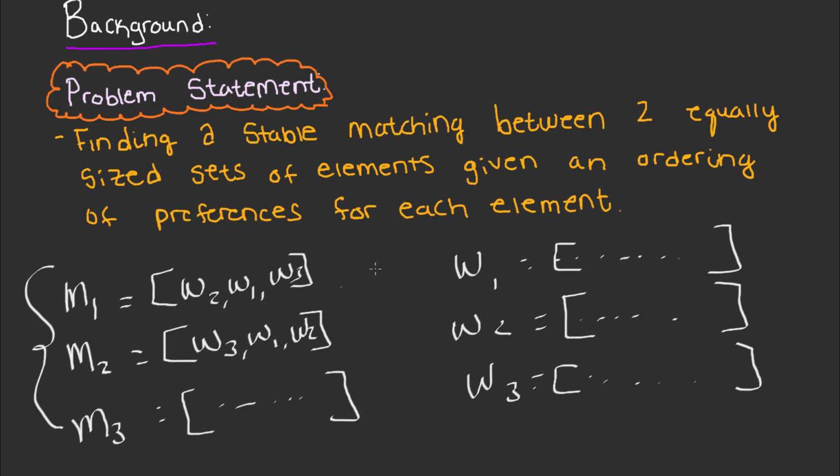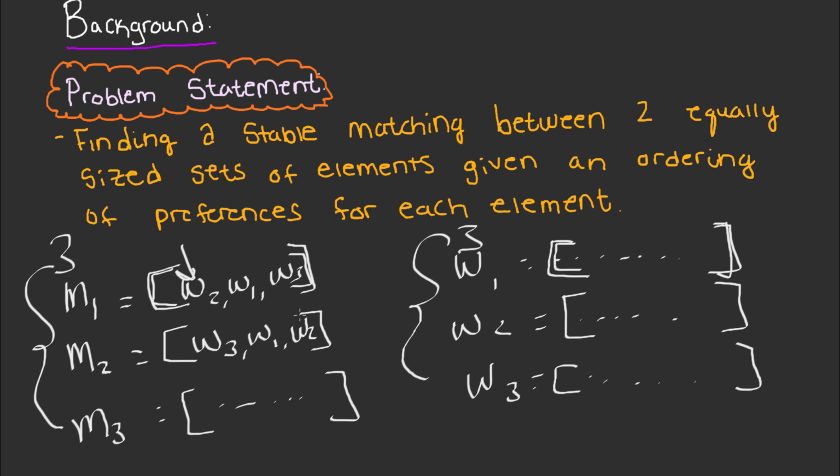So what we're saying is that given two sets of n elements each, so we have 3 elements in the first set and 3 elements in the second set, with an ordered list of preferences for each element in the set, i.e. the list of preferences here would be the women, the list of preferences here would be the men, then we are guaranteed to find a stable match, or in this case, a stable marriage between the two sets. So if we have n men and n women, where each person has ranked all the members of the opposite sex in order of preference, which we've done here,